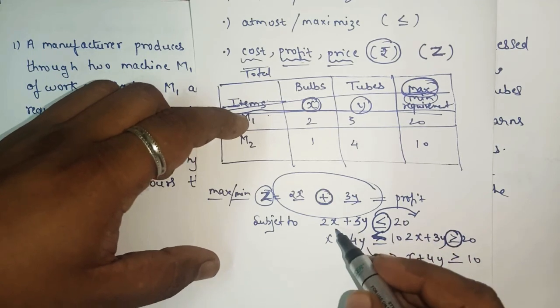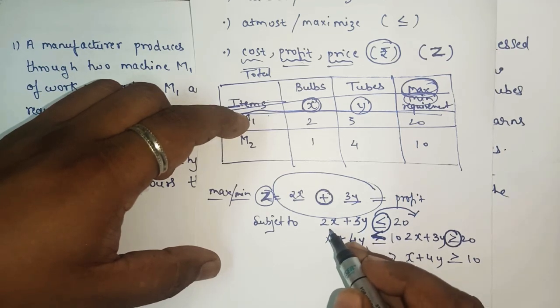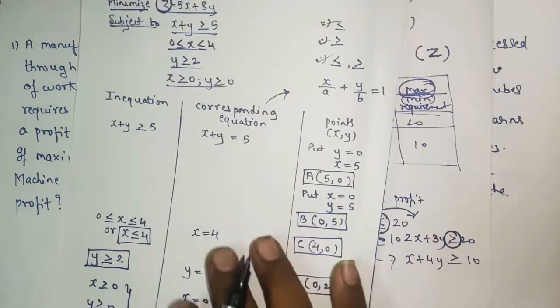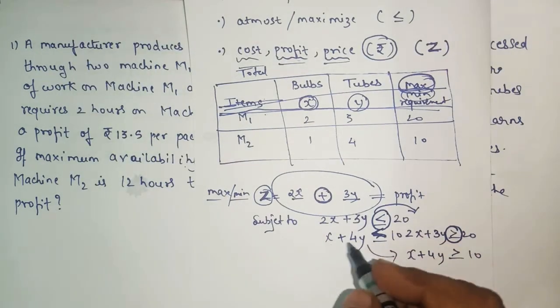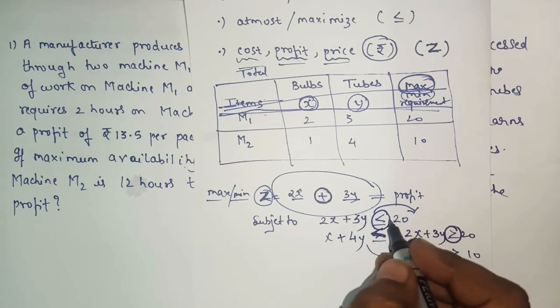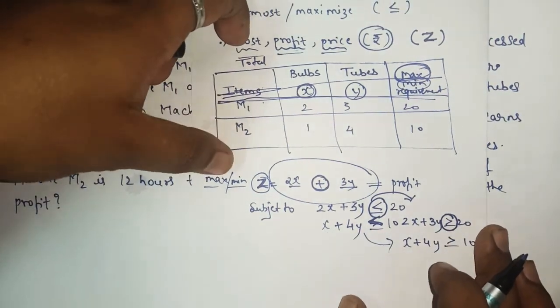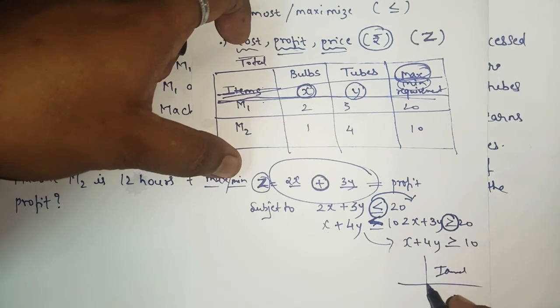Clearly we can see that when you replace the value of x by 0, the value of y will be positive. When you replace y by 0, the value of x will be positive. Here also, when you find the coordinates, in both the cases you will get 2 points, and both the points will be positive. As the points are positive, the points will lie in the first quadrant. First quadrant means the values of x and y will be greater than equal to 0 only.